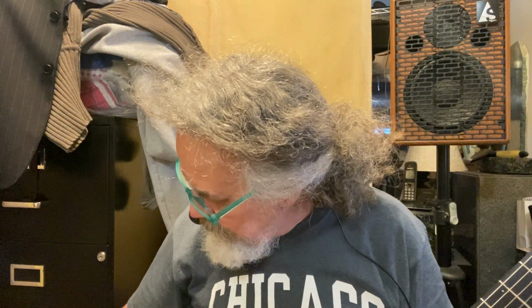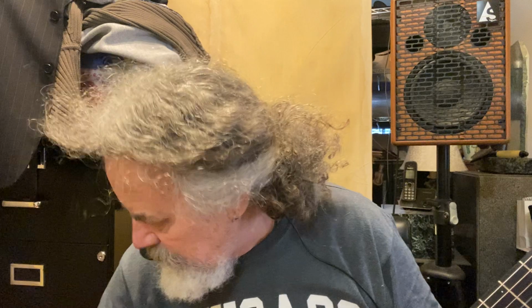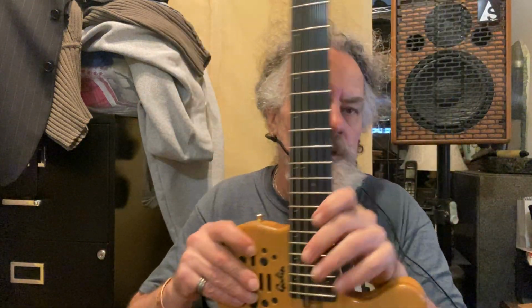Now, okay, so to be honest, without making this too long, I'd say I prefer the sound of the multiac coming out of this amp. So that's what I prefer. But to answer the question, can you get away with playing your acoustic or your nylon string in an electric amp? Yeah, sure you can. It may depend on the quality of the amps you have, and whether or not you have a